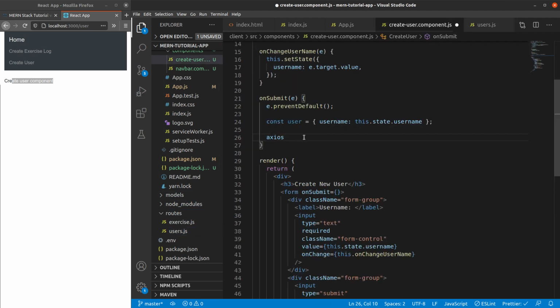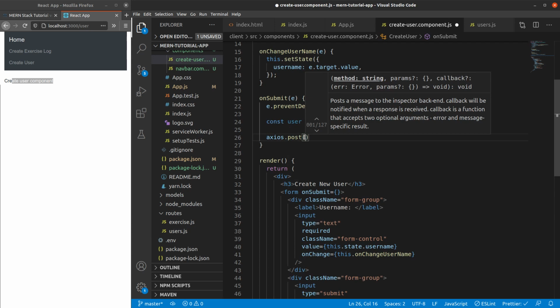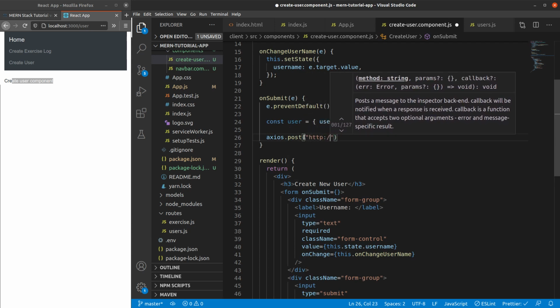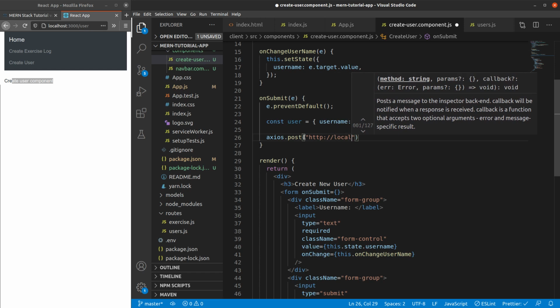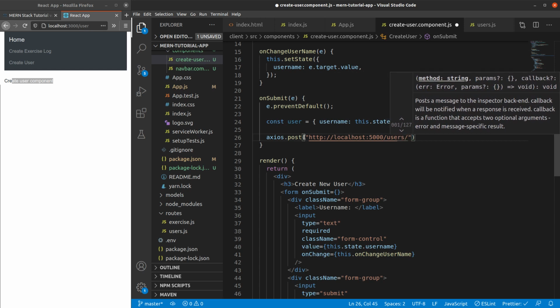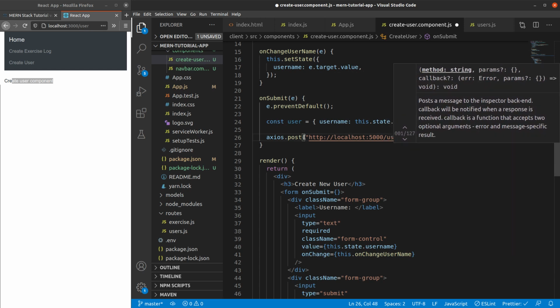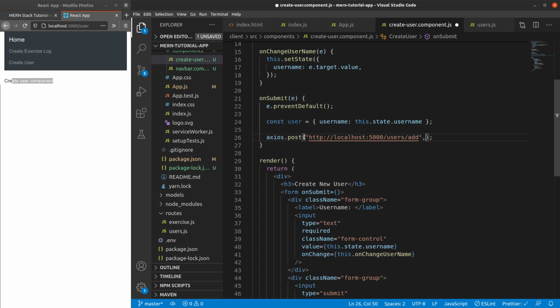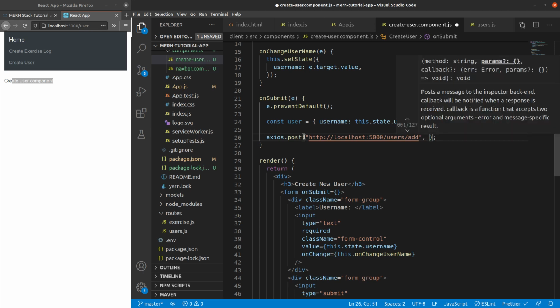Since it is a post request, we need to do axios.post and go to a URL which says localhost:5000/users, which is the model, and /add. The second parameter is the object itself.